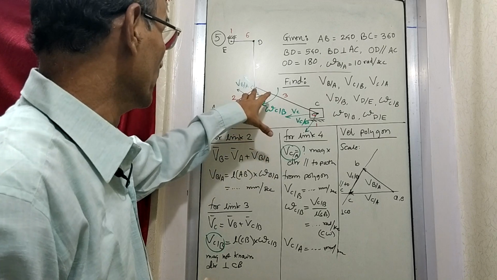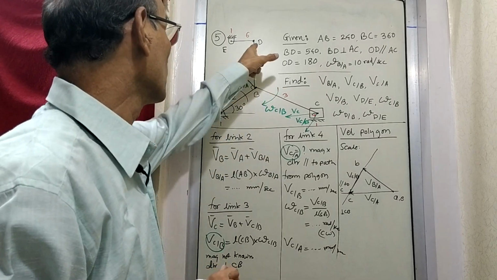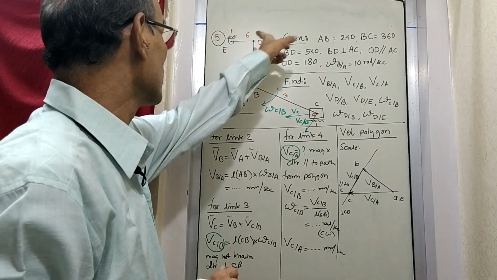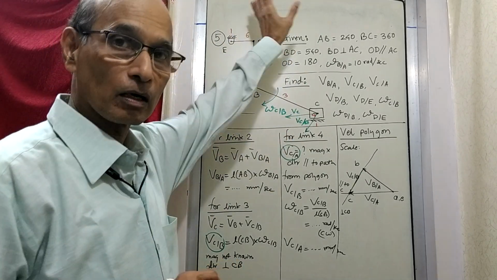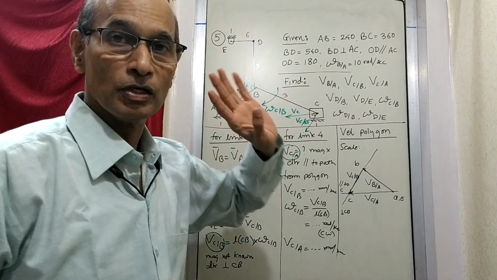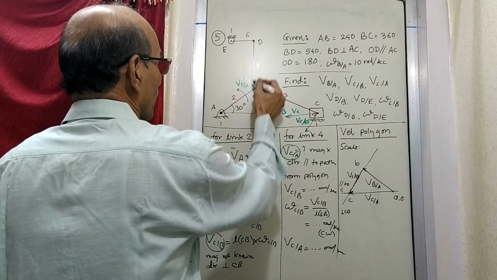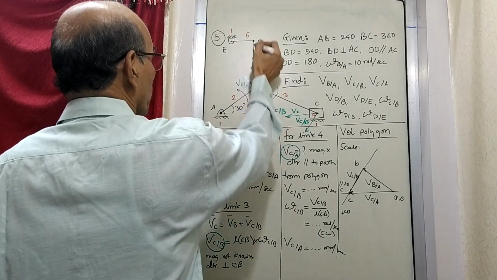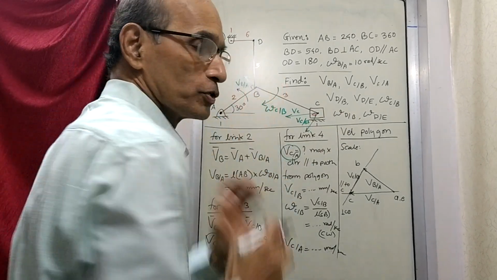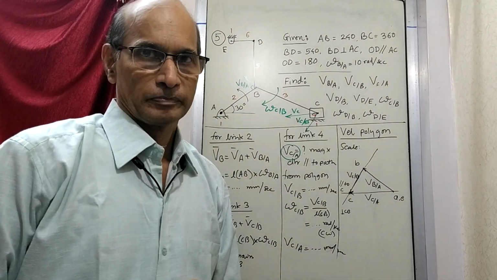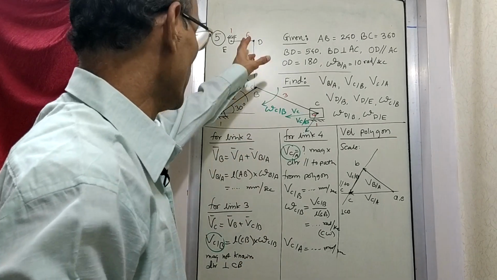But there is something more here. At point B, there are 2 more links connected, one like this and then one more like this. And because of this motion, it will have some other rotations for the other 2 links. You will also observe that this becomes a 4-bar mechanism. So it is a 4-bar mechanism and angular velocity is given. So you can say it is a combination of 2 mechanisms. So we will be able to go ahead now from here.